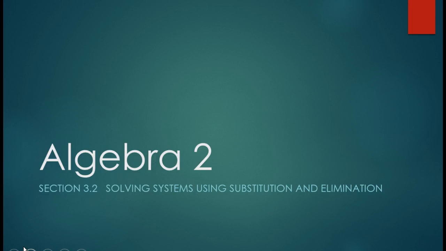Hey guys, this is Algebra 2, section 3.2. We're going to build on solving a system of linear equations, and instead of graphing them this time, we're going to solve them using substitution and elimination. I'm hoping these methods look familiar from Algebra 1, so I'm going to go through these examples kind of